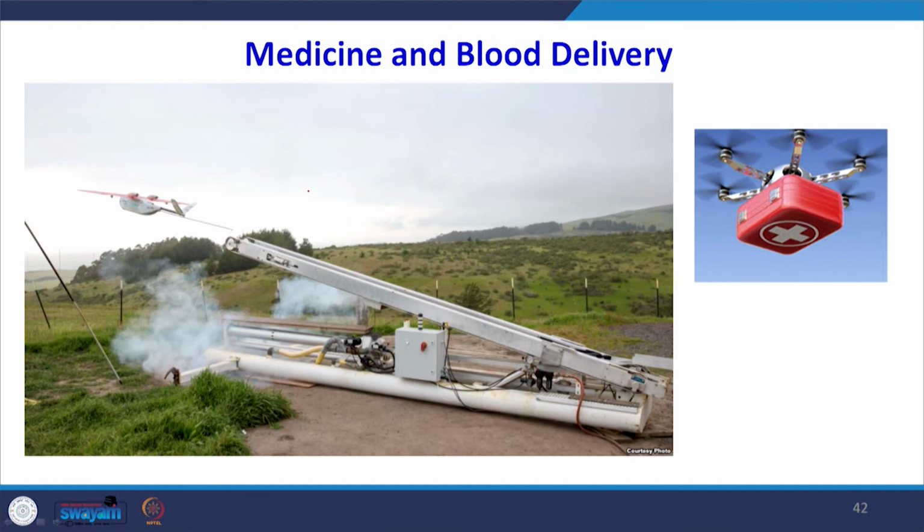Now, in the field of health, supply of the medicine and supply of the blood has been carried out with the help of the drone technology, and particularly this kind of technology is very helpful for the countries or for the locations where medical facilities are poor, where immediately there is a question of life and death of the people. For example, there are some areas in Uttarakhand where people are living in the remote area and proper medical facilities are not there, and it is very difficult to bring them down to the area where medical facilities are there because they need immediate attention.